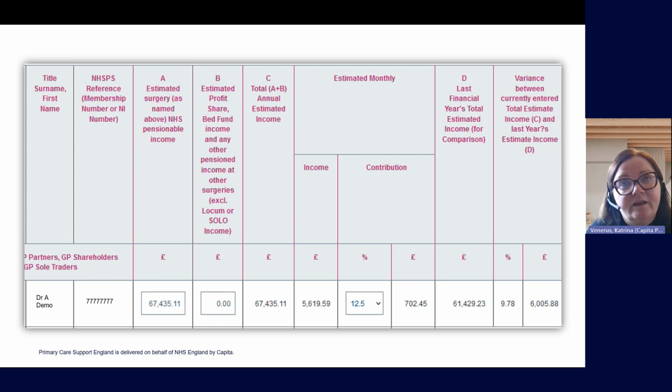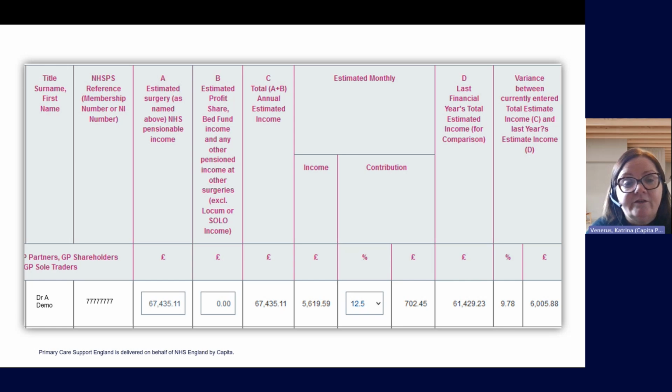But this time, in the listing screen, they'll be greyed out because that's the captured data that I submitted for that particular estimate. But when I'm going back into the listing screen, it's going to give me the opportunity to overwrite the estimated income, to change the tier rate if I need to,